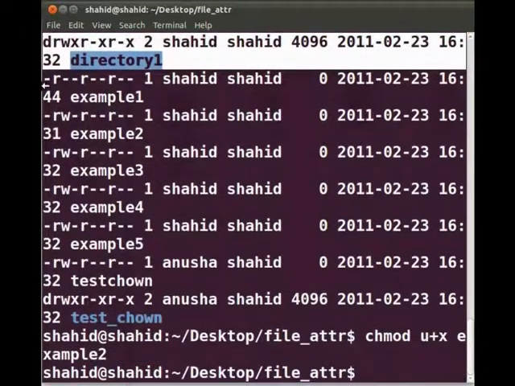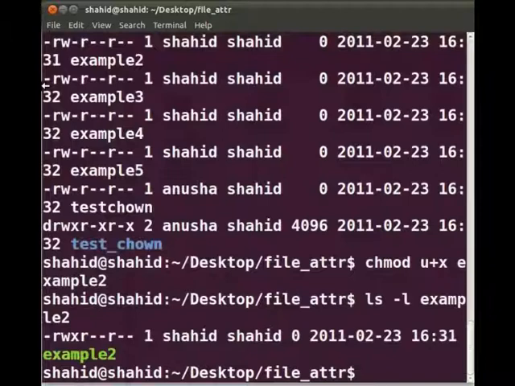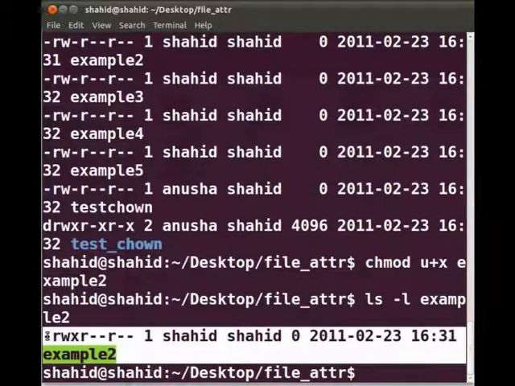Press enter. Now type the command ls -l example2 and press enter. Here we can see the execute permission has been assigned to user on example2.